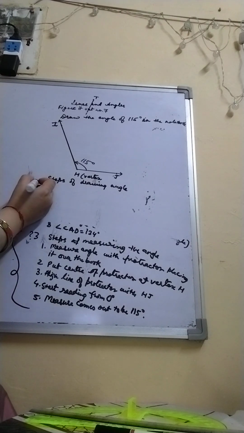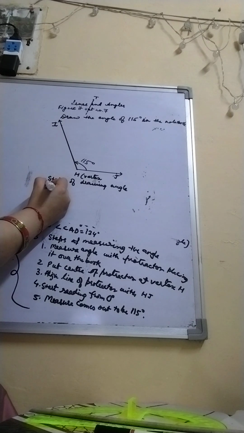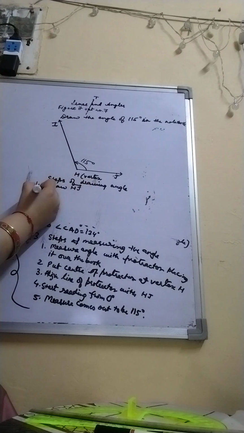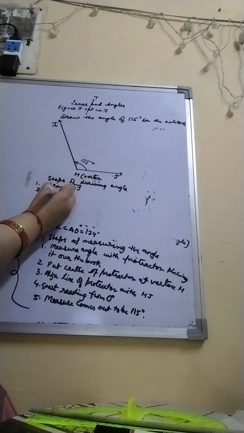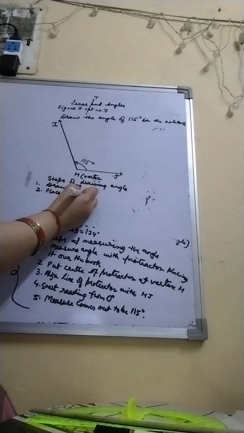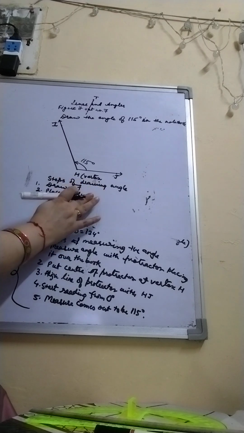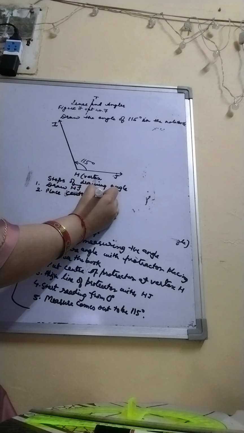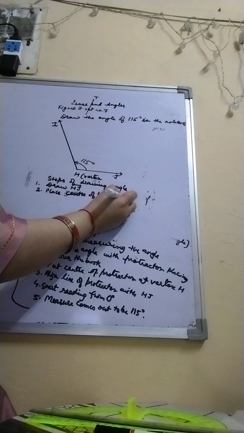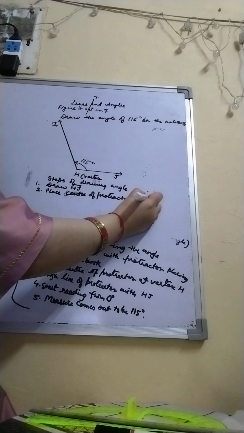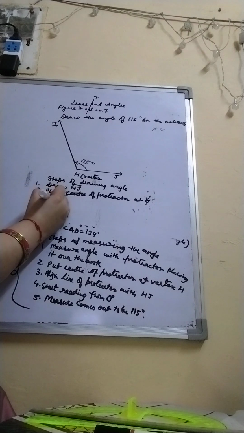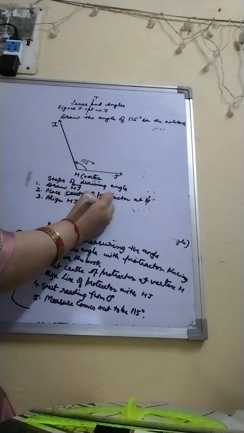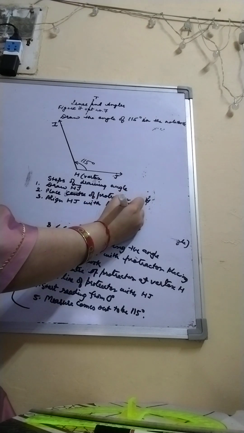Drawing the angle, what you will write: draw HJ, place protector at H, place center of protector at H, align HJ with line of protector,